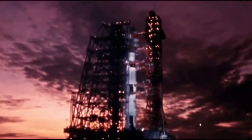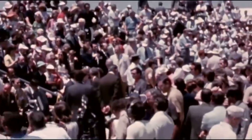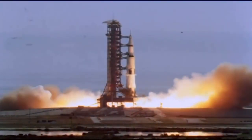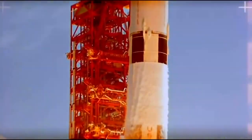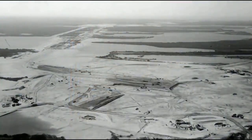In the 1960s, NASA needed a new, bigger, and better launch pad, one capable of sending astronauts on historic journeys to the moon and back. To get there, that new pad needed to be capable of launching the most powerful rocket of its time, the mighty Saturn V. And so, in 1962, NASA began building the answer,